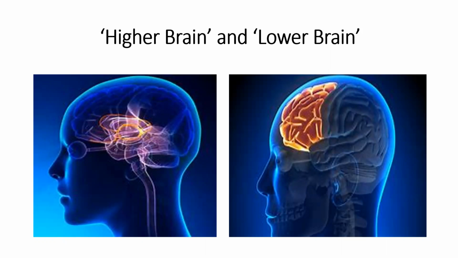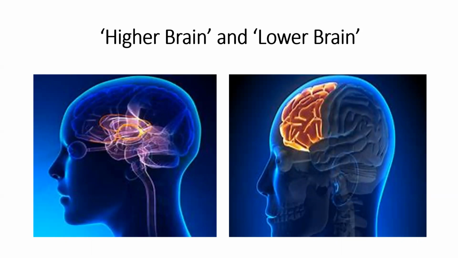This is the higher consciousness. This is where the conscience resides. This is where the centers for judgment, for altruism, for being unselfish, for loving, all of these higher brain centers are located in the higher brain, or prefrontal cortex to be more technical. At the same time, we have the lower brain. Actually, the lower brain is over on the left of the slide, and on the right side is the higher brain. That's the prefrontal cortex. On the left of your slide is the lower brain.